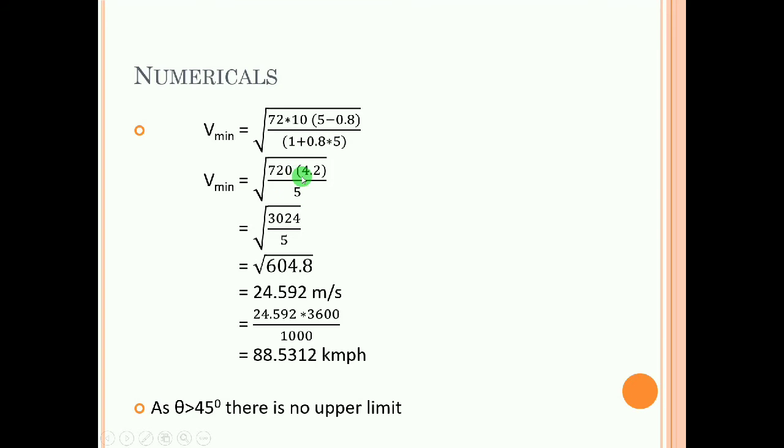You will multiply these two terms, and you will be getting 3024 divided by 5. After solving, we are getting the value 604.8. What next here? You will see now your square root table. For that square root table, you can shift the decimal point to find your value from the square root table.